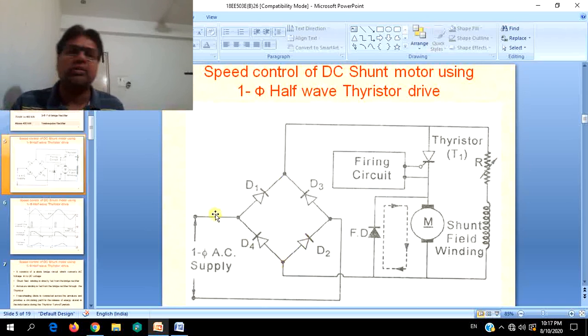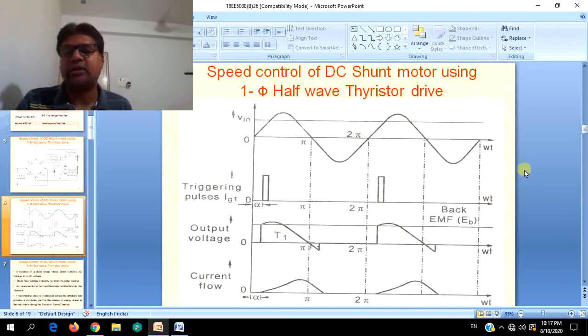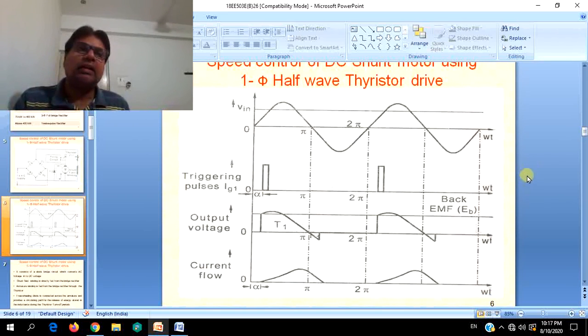Even if we use a fully controlled bridge over here, we still have to control the voltage fed to the armature separately, where the output of the bridge will be fed to the field also. That should be maintained constant. So that is the important feature for the speed control of DC motors, which we have to keep in mind, that both field flux and armature voltage should not be varied at the same time.